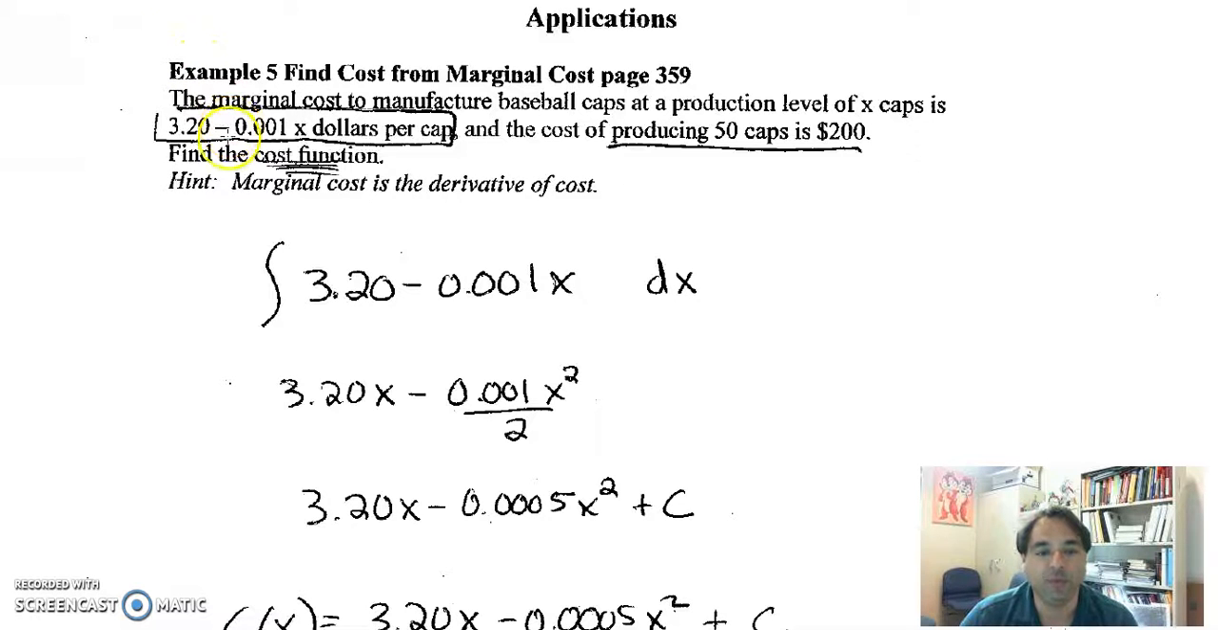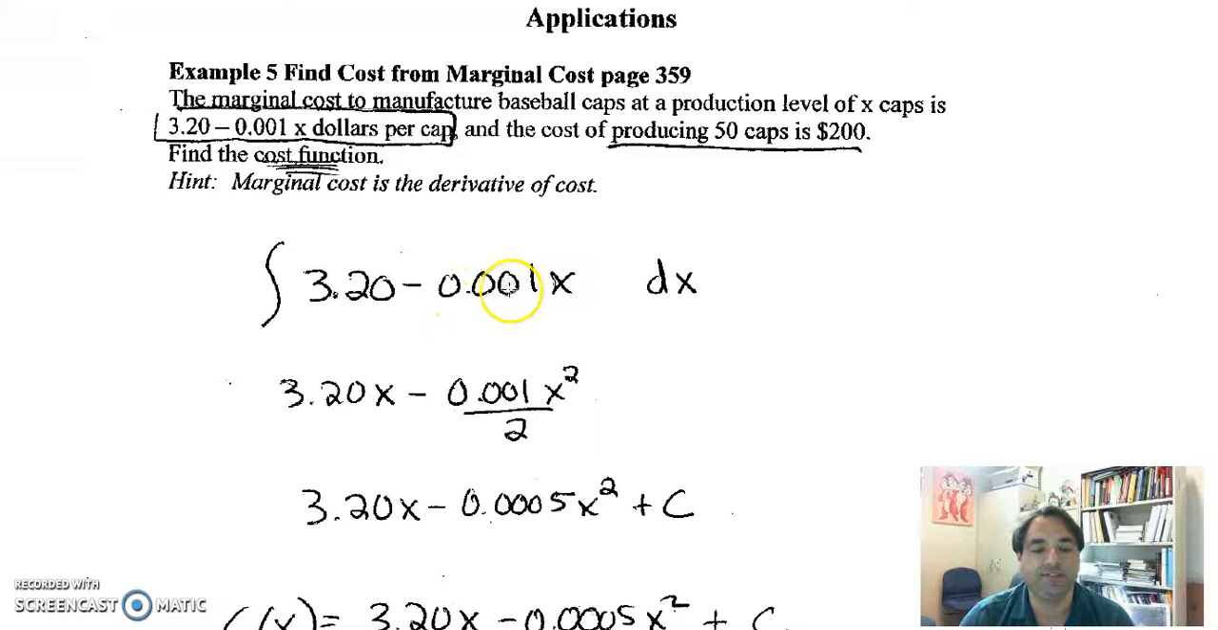If we have a derivative and we're working backwards to find the original, we take the integral, the antiderivative, of 3.20 minus 0.001x with respect to x. Remember, input, output. Currently the input is number of caps and the output is dollars per cap. So we take the integral, and the integral of 3.20 will be 3.20x minus the integral of